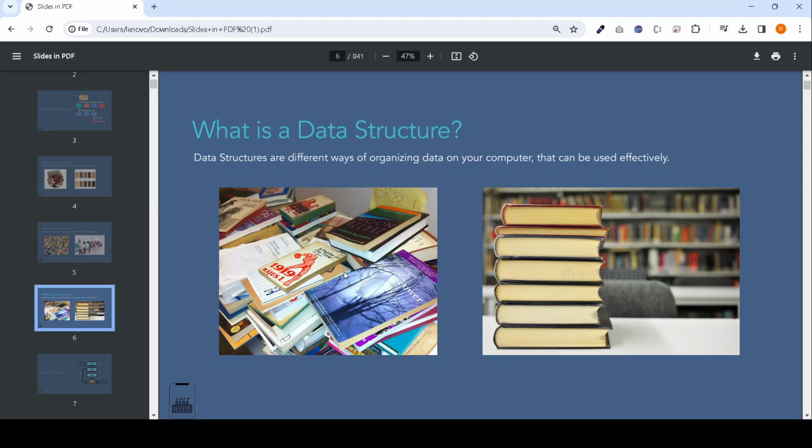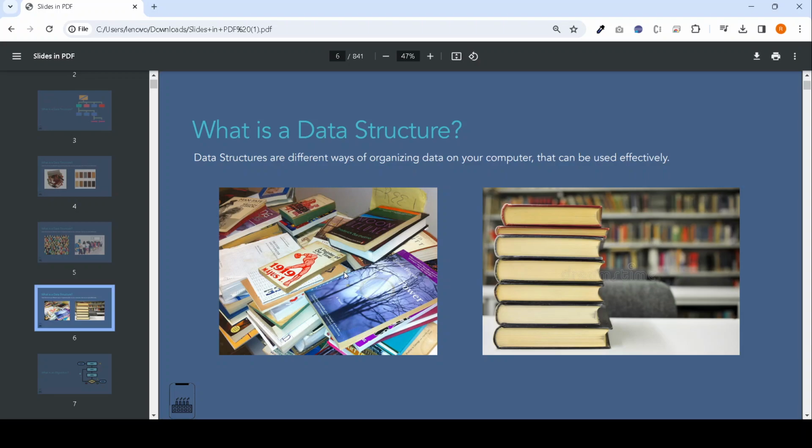These are in an organized way, so we can simply identify the books, and this second image represents one type of data structure which is called a stack. So stack means first in, last out. We will discuss stack in detail in the stack section.